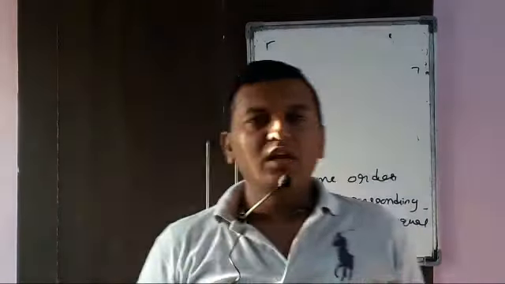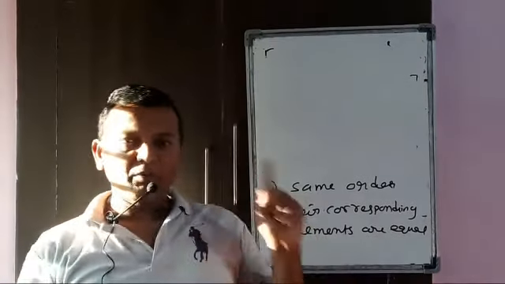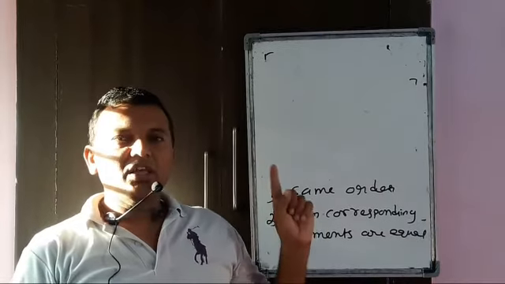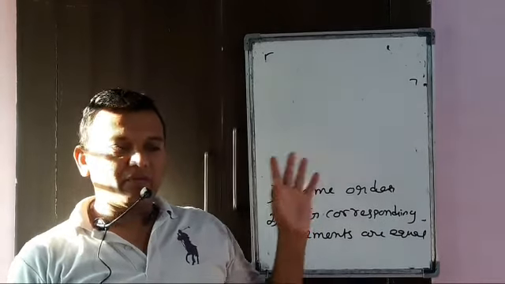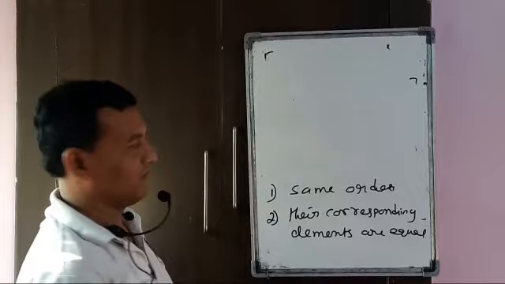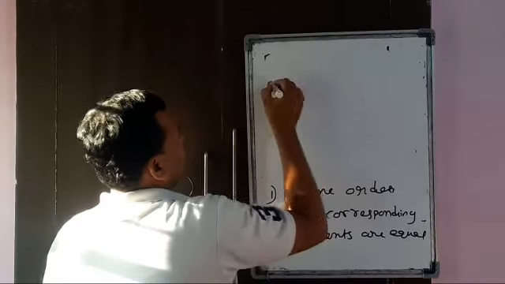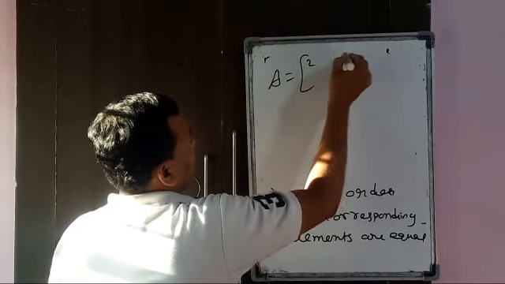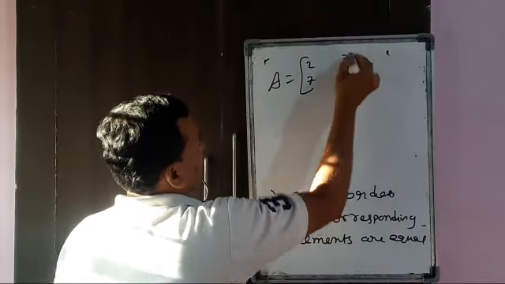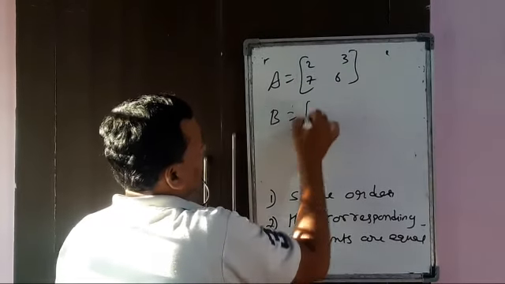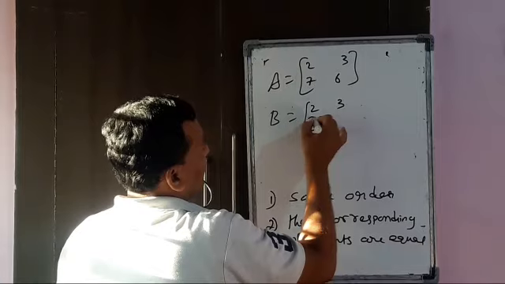So I'll repeat again. Two matrices are said to be equal if and only if they are of the same order. Secondly, their corresponding elements are equal. A equal to 2, 3, 7, 6. B equal to 2, 3, 7,